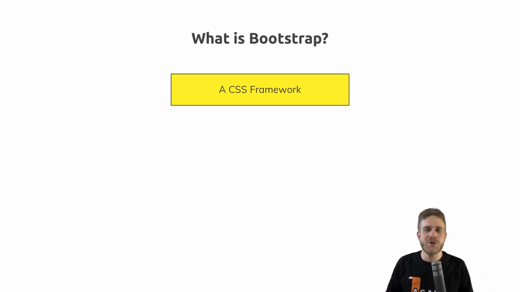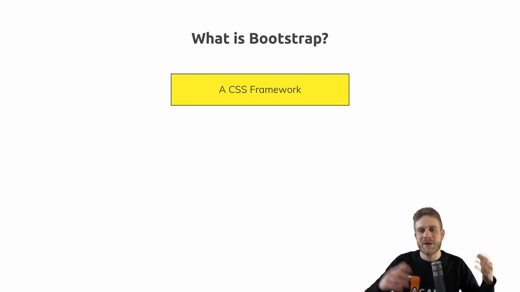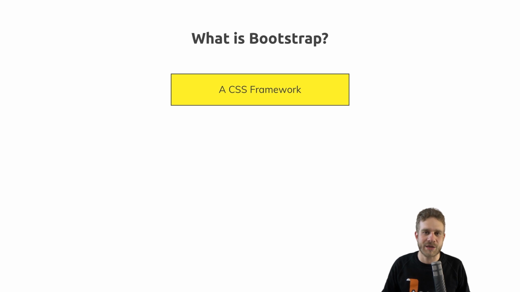CSS frameworks like Bootstrap are there to help you. They provide a lot of default styles and a rich set of pre-styled CSS classes, which you can add to your HTML elements to get certain styles and certain looks in your page. It's especially great for quick prototyping, but it's also great for production-ready apps, which you just want to give a certain style and where you don't want to write all the styling on your own.